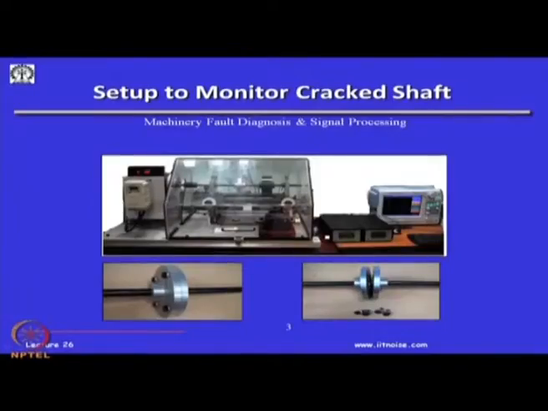Okay. This is a setup here which we have in the laboratory, and if you can see here, we have a crack, and there are two discs of aluminum, two flanges basically, and these flanges are held together by 4 bolts, and eventually this is actually a cracked shaft. Okay. The shaft is totally cracked, and to simulate cracks, what you do is tighten these 4 bolts, loosen maybe the top 2 or any 2 or any one, so that at one end of the crack, maybe if I draw it here,